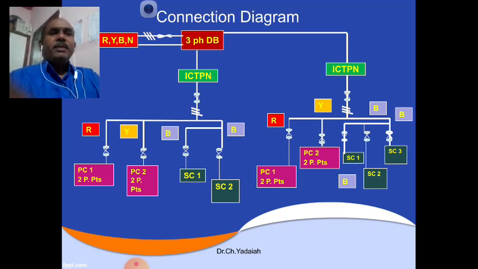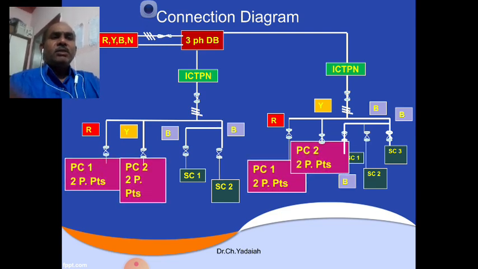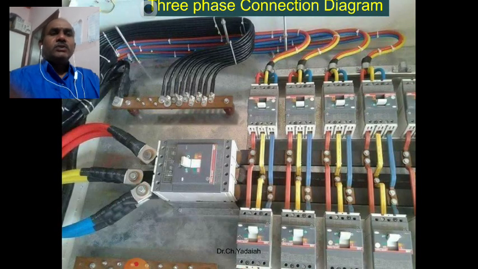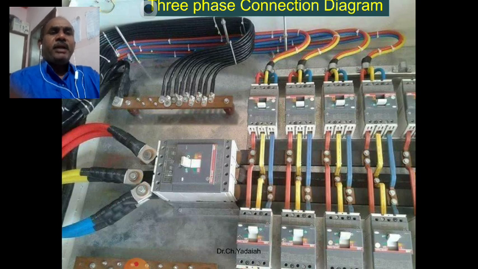And now you can see these are the power loads. Practically, you can see the switchgear and protections, how the 3-phase supply is coming. This is R phase, Y phase, B phase. You can see the colors of the cables, input to this terminal, the MCCB. From this MCCB it is connected to the bus bar. From the bus bar, you go to the upper side, and the lower side is the sub circuits going to the different places.